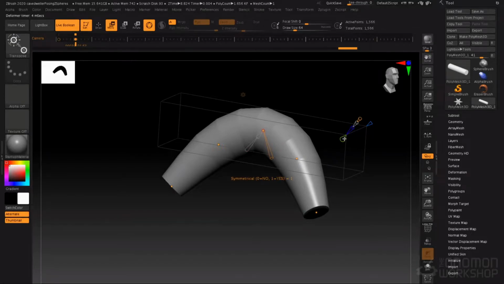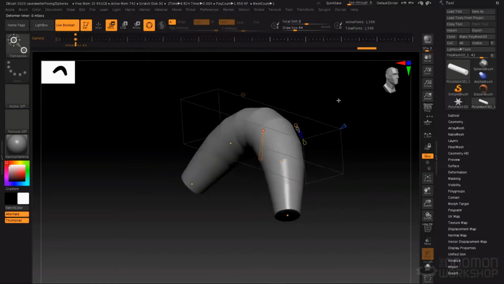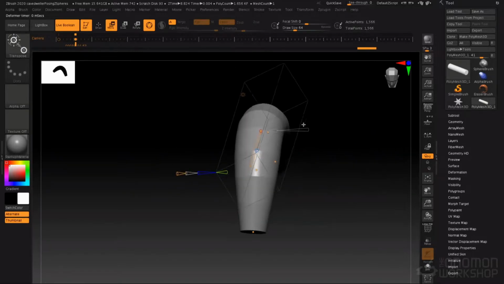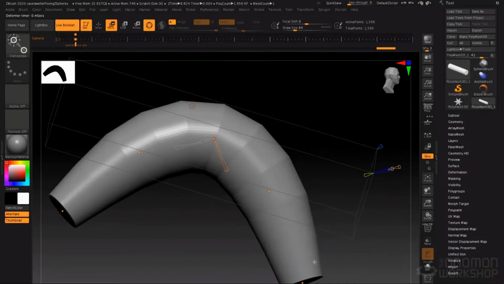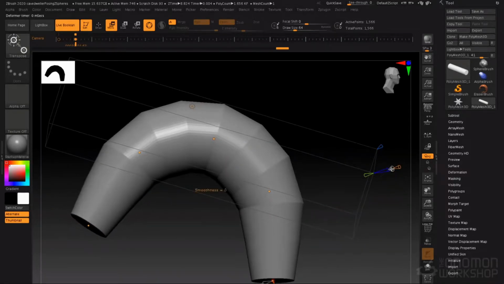Back here, I still have symmetrical. I can turn that on and off. I still have my axis. I could change my axis if I wanted to, but I probably wouldn't want to at this stage since I've already started making my changes. Then I have smoothness. If I turn smoothness up and down, I can affect the smoothness of the bend. So let's move this over so we can actually see that. Bring this over and adjust the smooth. Increase the resolution along the curve,